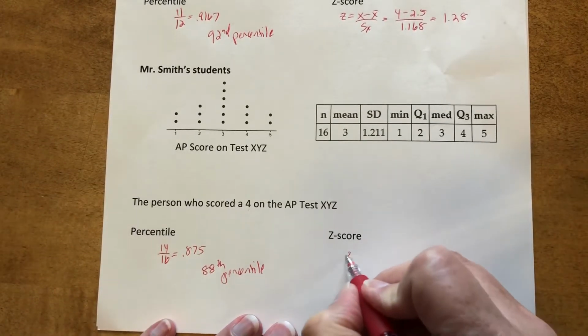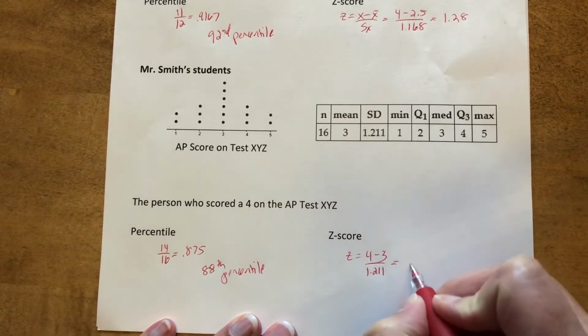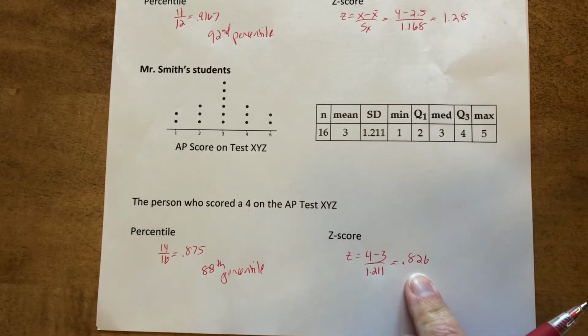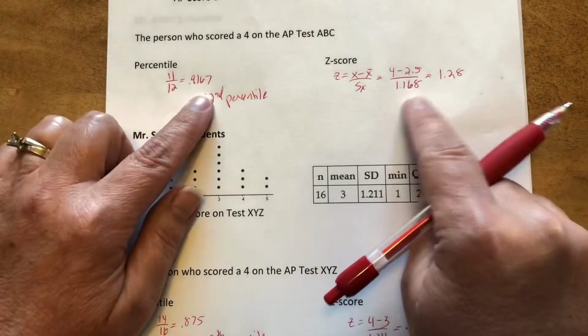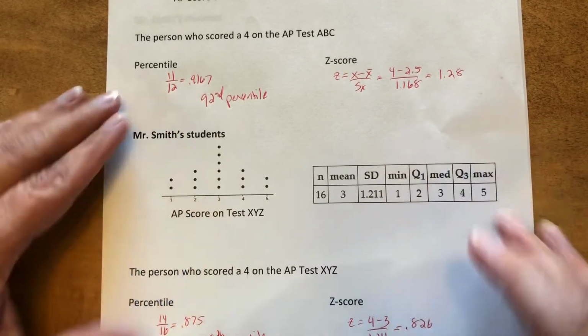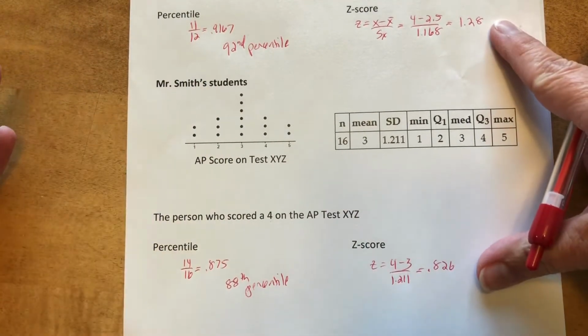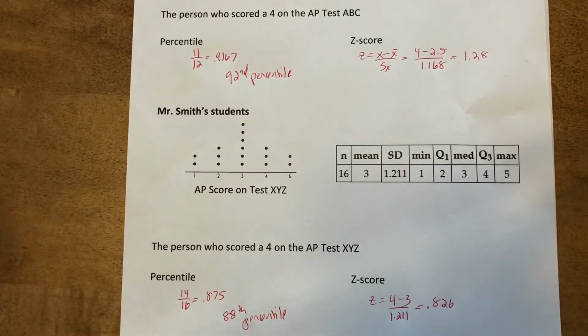And we'll z-score this student as well. 0.826 is their z-score. So they did do better than the typical student, but they only did 0.826 standard deviations better than the mean test score. So whereas both of these students compared to their classes did better than the typical student because these percentiles were greater than 50% and these scores are both positive, if we look at them to compare to each other, who